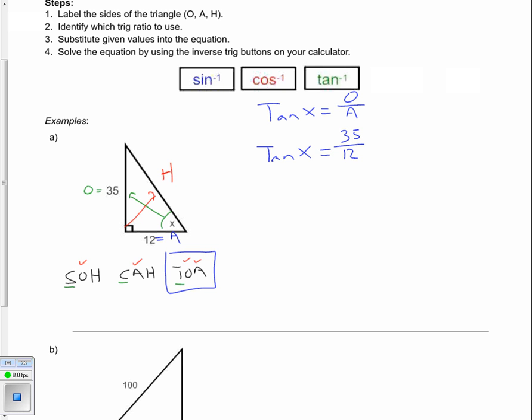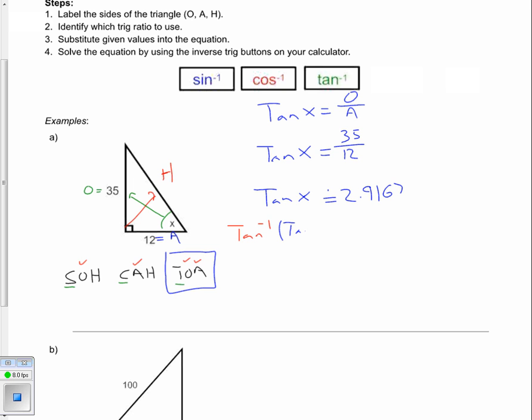What I need to do is convert the 35 over 12 fraction into a decimal number. So I do 35 divided by 12, and that gives me approximately 2.9167. So I'm going to round that, and that's what tan x is equal to. Now I've got to get that x value all by itself, which means I have to do the opposite operation of tan. Well, the opposite operation of tan is inverse tan. So I've got tan to the -1,